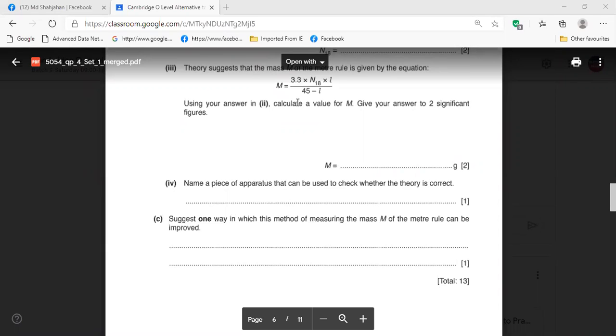Now, maybe it is not exactly giving you the correct mass or correct moment. Here we are actually balancing the moment, right? Clockwise and anti-clockwise moment we are balancing. So if you can use smaller masses, other than using 3.3, if you are using 2.2 or 2.5 masses, then if you got 16.5,